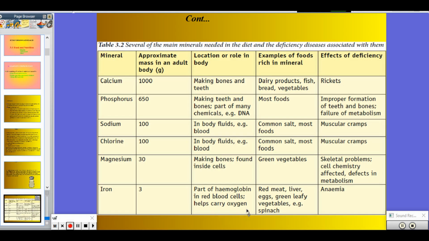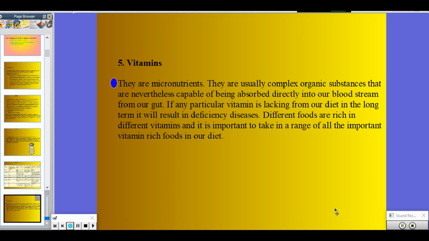which helps to carry oxygen. Its source is red meat, liver, egg, and green leafy vegetables like spinach, and its lack leads to anemia. And the fifth type of micronutrients